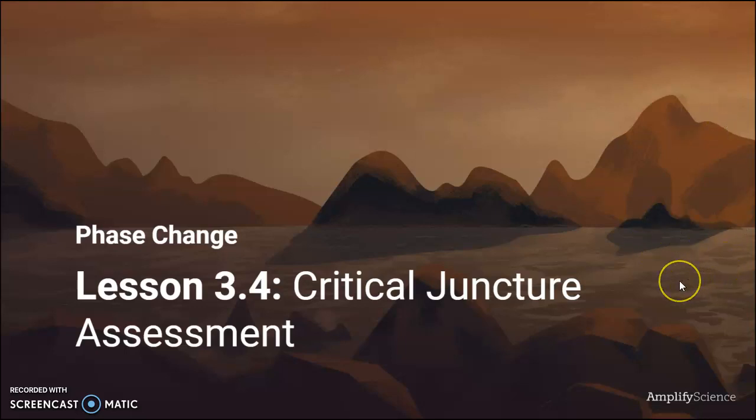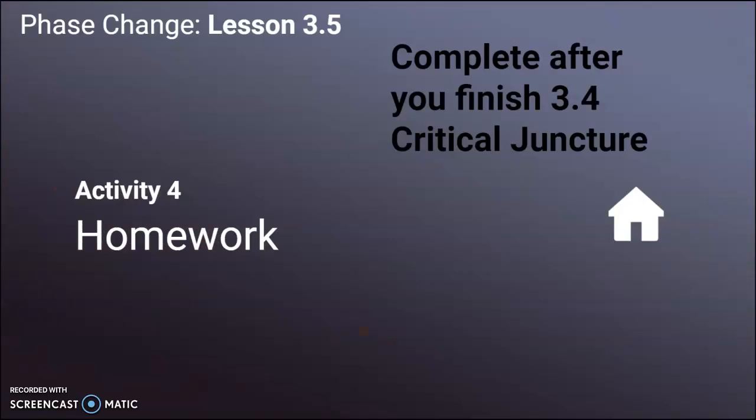And based on this assessment, you will do the next lesson that will put you into groups based on what concept you need a little bit more help with. So after you